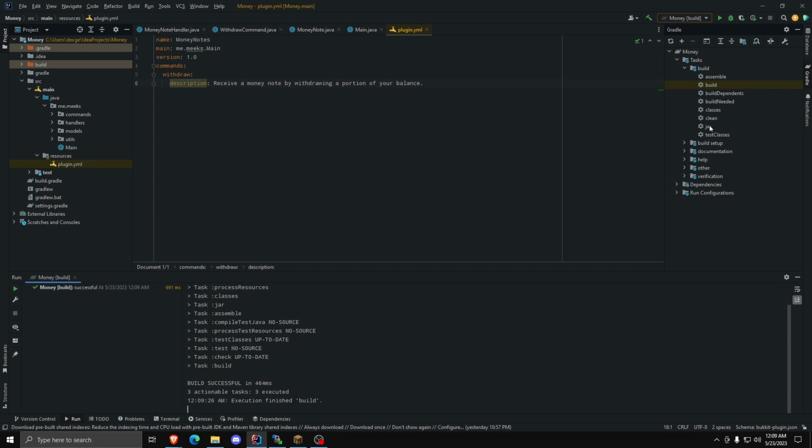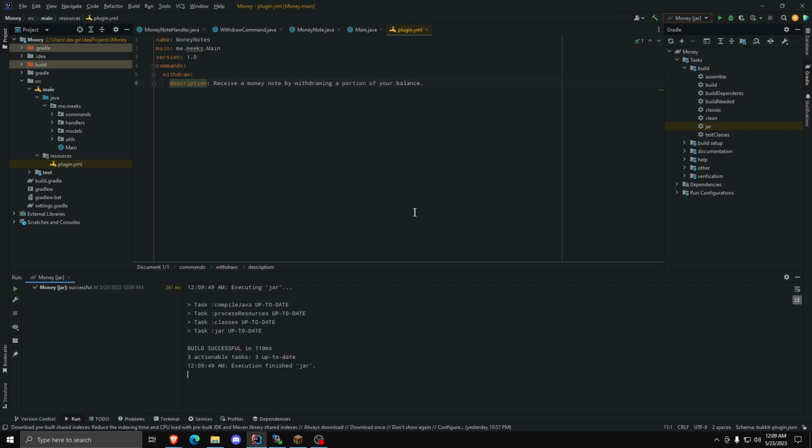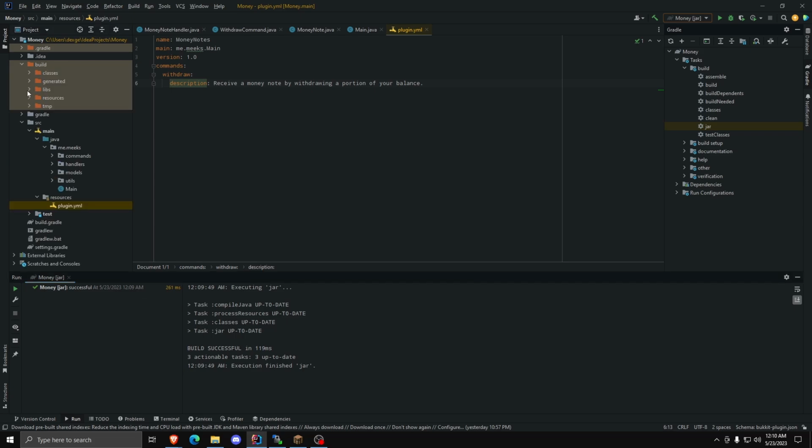After that, you need to just run this one. This is the one that you need to do to get your jar file, and then you just click it again, just wait for it to say successful. And then with that, you'll see some new folders here at the top of your file. You need to go into build, libs, and this is where your MoneyNote jar file is always going to be. So what we're going to do is just put this into a plugins folder. You can do the same,